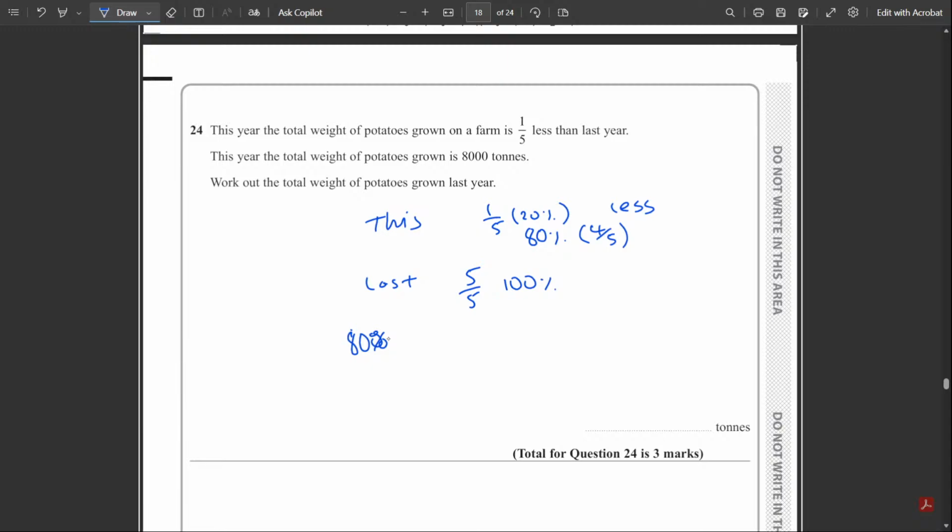So this year is 8,000 tons, so we can say 80% is 8,000. Or what we need to do, saying 4/5 of something is equal to 8,000. So what is that something? So we need to do the opposite, basically. So we know the 80% is 8,000. So we can work out 10%, which is 800, and then the 100%, which is,